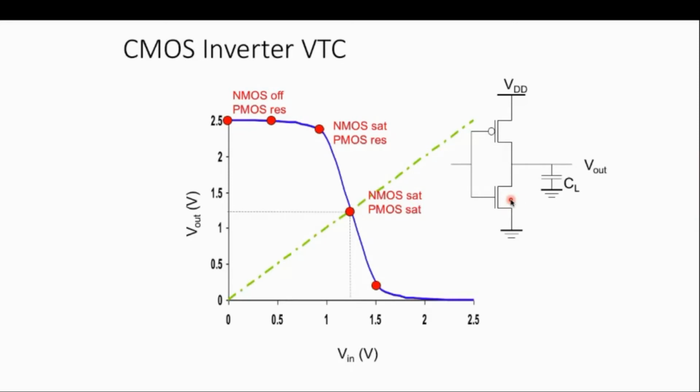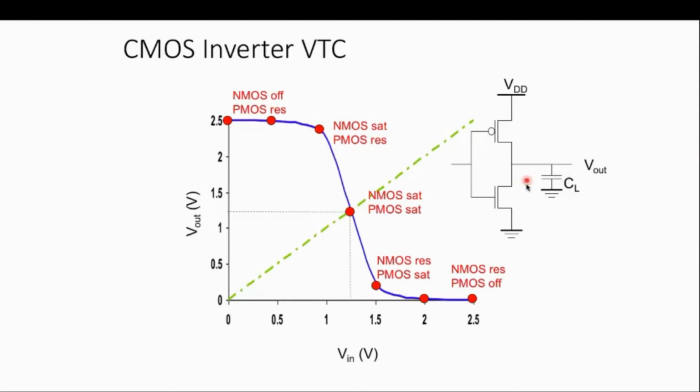And later on, at this particular point, now your NMOS is operating in linear region while your PMOS is in saturation region. And in the last, when your PMOS is off, this is in linear region. So now when you are calculating the various values for VIH, VIL, VOH and VTH, you should be sure in which region your device is operating. So quite a simple thing. This current is equal to this current, so it can be easily calculated.